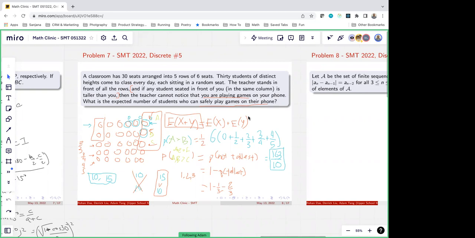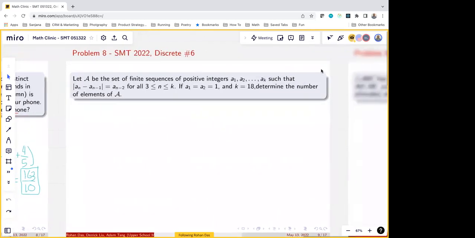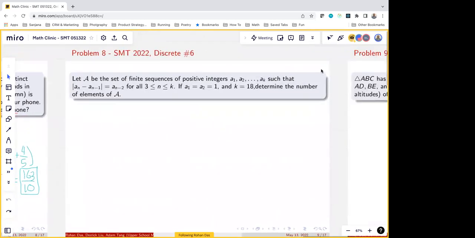Okay, so the next problem was number 6 on the discrete round, and it asks for the number of sequences satisfying this property with the absolute values. And generally, these absolute value conditions are slightly annoying to deal with. So I think a good way to start this problem would be to first write out all possibilities for small k. So initially, the first element can only be 1, and the second element can also only be 1 by